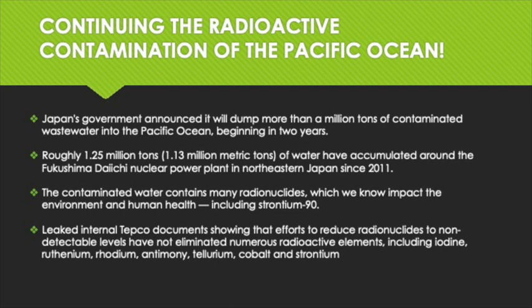Leaked internal TEPCO documents show that efforts to reduce radionuclides to non-detect levels have not eliminated numerous radioactive elements, including iodine, ruthenium, rhodium, antimony, cobalt, and strontium. Some of that radioactive material may have already made its way into local wildlife. Japanese media reported that shipments of rockfish were halted after a sample caught near Fukushima was found to contain unsafe